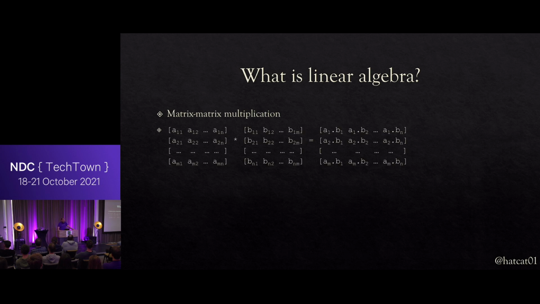Now, this constraint is due to the mechanism of multiplication. It's performed by calculating the dot product of every row and column combination, retrieving the row from the left-hand operand and the column from the right-hand operand. And the dot product is itself a sort of linear equation. It's the sum of the member-wise products of the elements. And you can see in the example that the top left element in the result matrix is formed from the dot product of the first row and column.